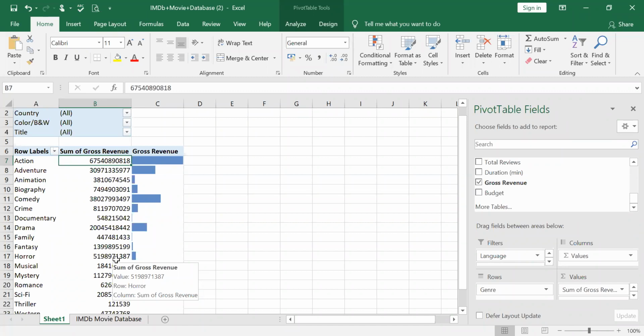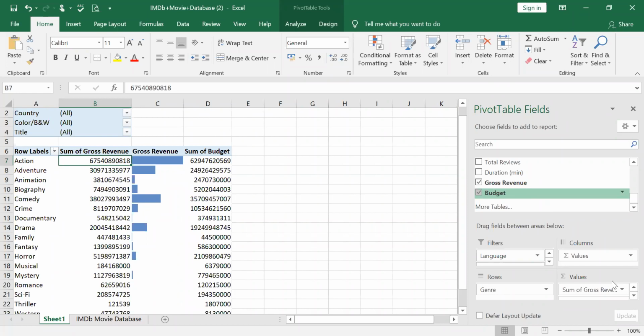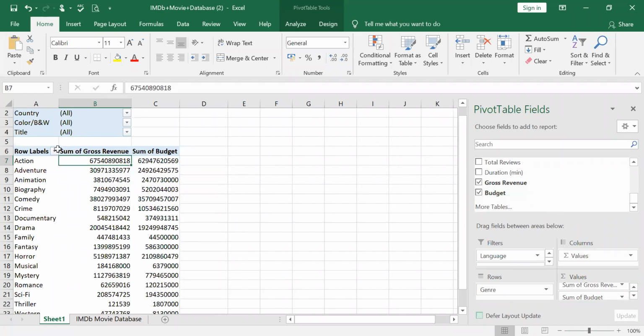Now when you go to more sort options, we can give more sort options, like how we can do with ascending and descending. I told you how we do ascending and descending. What I do is include budget for better understanding. If I just click budget, it automatically falls into this. I don't want gross revenue, so I take the gross revenue out. Now I have sum of gross revenue and sum of budgets. These two items are there with me.